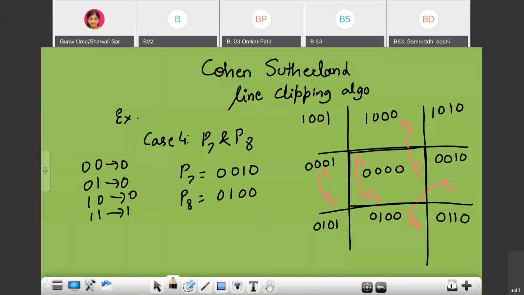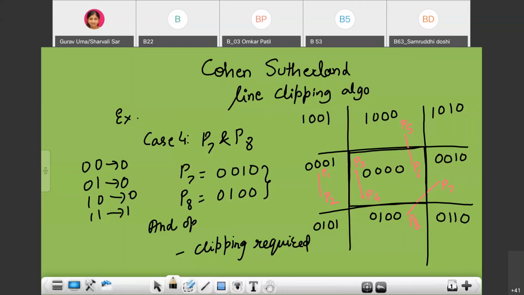If the two points have different codes, this means clipping is required.